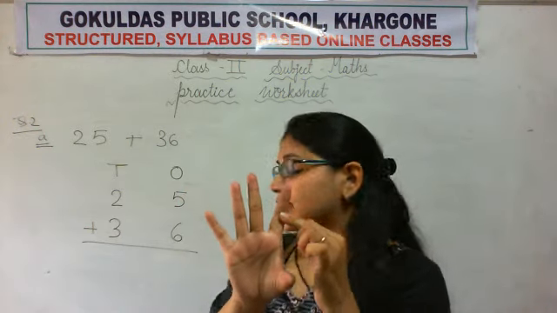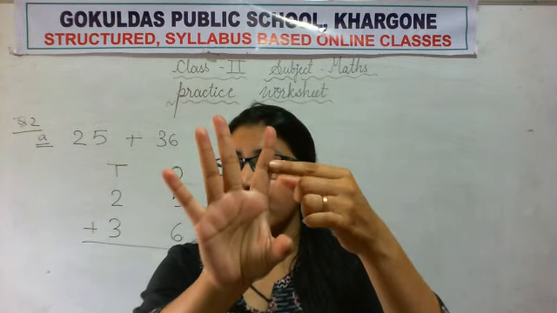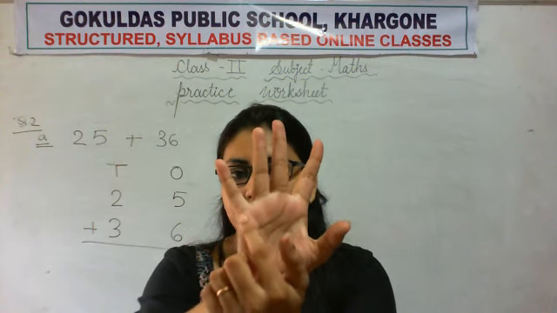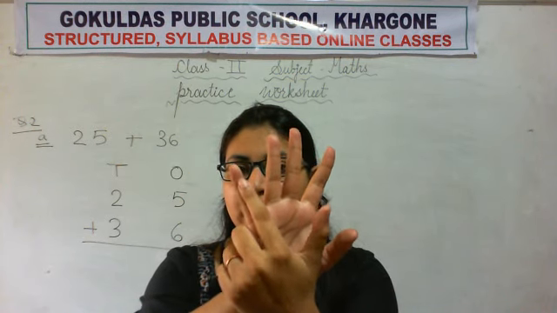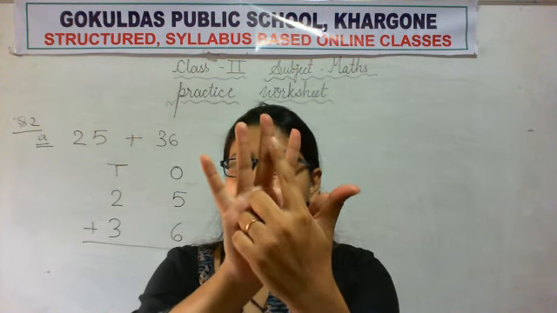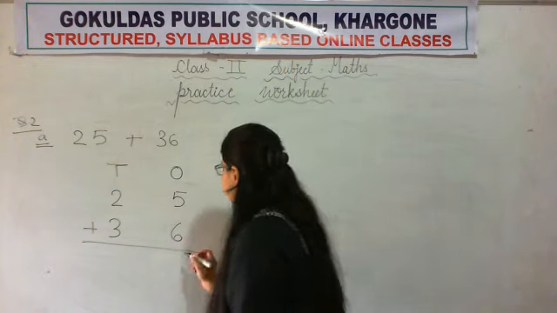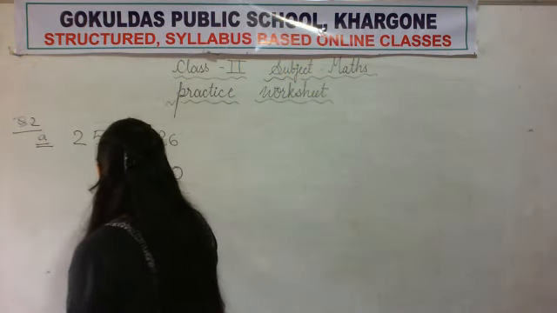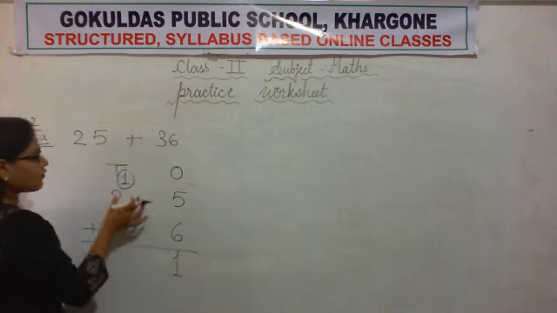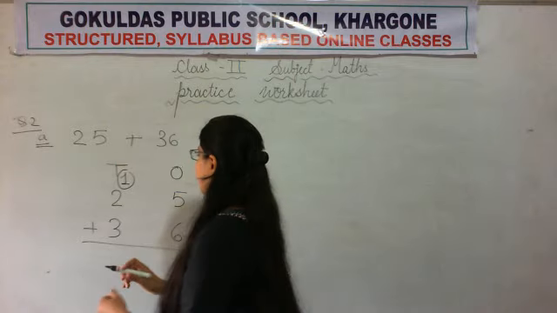Okay. Now let's count how many finger marks in all. We will remember that we have counted till here. Okay, so now let's start counting. 1, 2, 3, 4, 5, 6, 7, 8, 9, 10 and 11. We got a 2-digit answer, so we will regroup those 2 digits: 1 in the column of ones and 1 in the column of tens in the form of a carry.